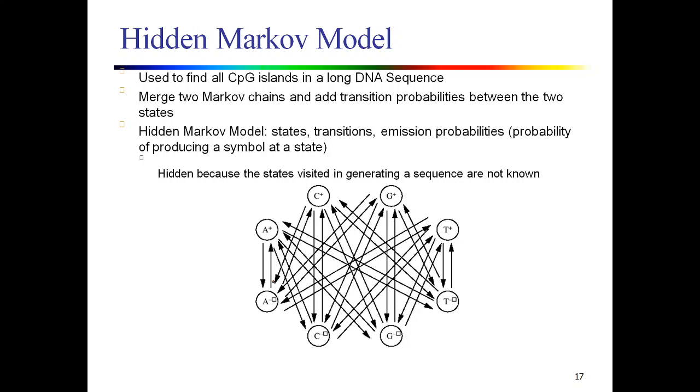Then coming to the hidden Markov model. In the hidden Markov model, whenever you take the states, there are certain transition probabilities and there are also hidden probabilities that may exist in these particular states. So we are going to find out the transition probabilities and two Markov chains, using the hidden Markov model. Whenever you take the Markov chain, you have the state and transition model. Here we have the emission probability for each state also.